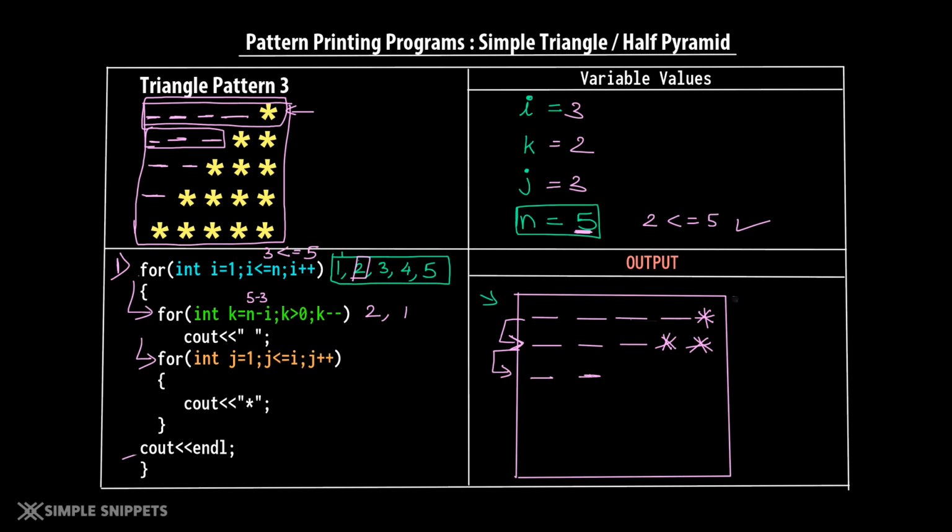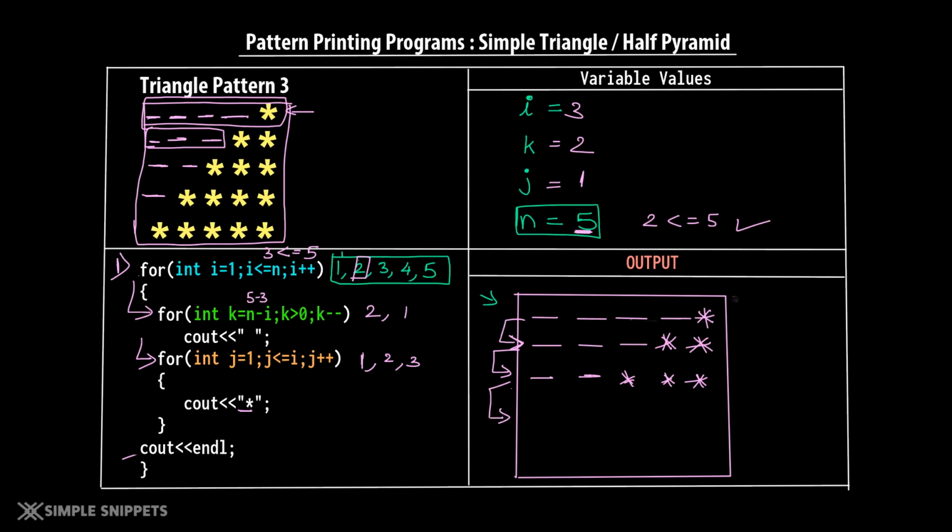Then over here in this for loop, we will say j equals to 1. So we'll start from j equals to 1. j will take the value of 1 initially, and j has to be less than or equal to i. i has become 3. So j will run for 3 times now, from 1 to 2 to 3, and 3 times star will be printed. So 1, 2 and 3. Then we will come outside this for loop and come on the new line.